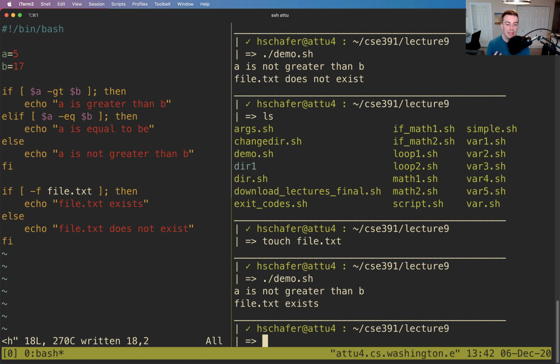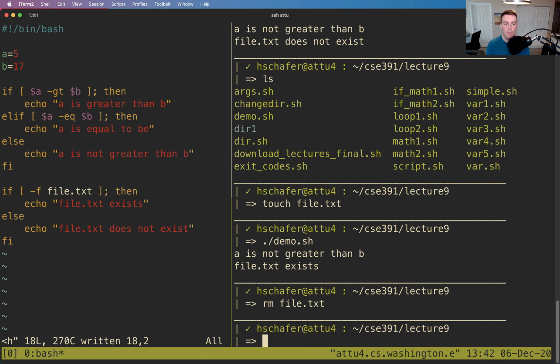Now, with these if statements, I'm going to go ahead and remove file.txt. With if statements, you can actually get more and more complex. So you could do things like and, or, and not if you want to. So what I can do here is change this. If I want to do or, you could use your good old friend, the double or operator. So that's one thing that does make sense in the if statement world, which I guess is a nice thing